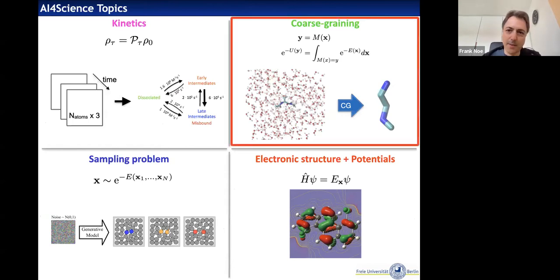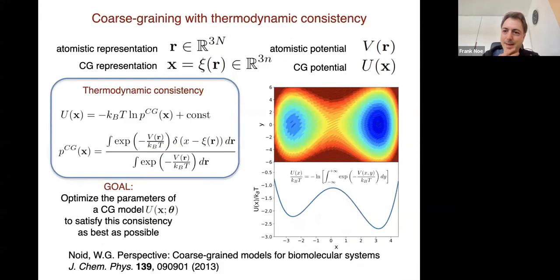Okay, so having said that, I'll briefly mention that also we can apply machine learning in order to learn coarse-grained molecular dynamics force fields. So now here, the ground truth is basically a molecular dynamics simulation that could be in an all-atom representation, right? And now we would like to learn an energy function of a coarse-grained force field that reproduces certain properties of the all-atom method. And one has to define basically what these properties are.